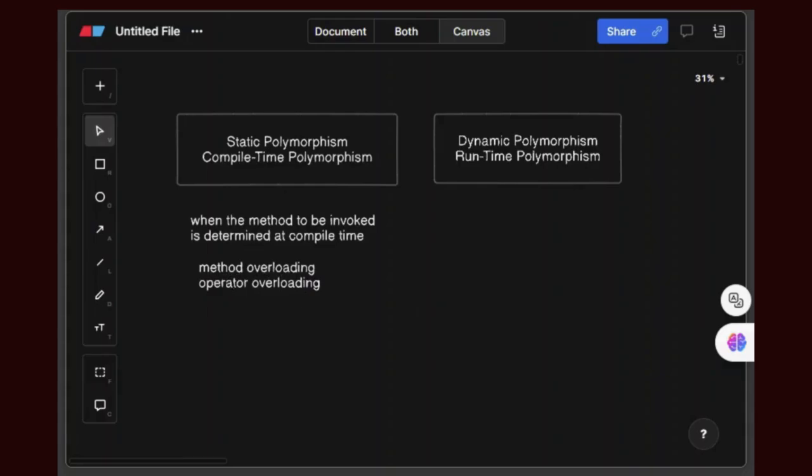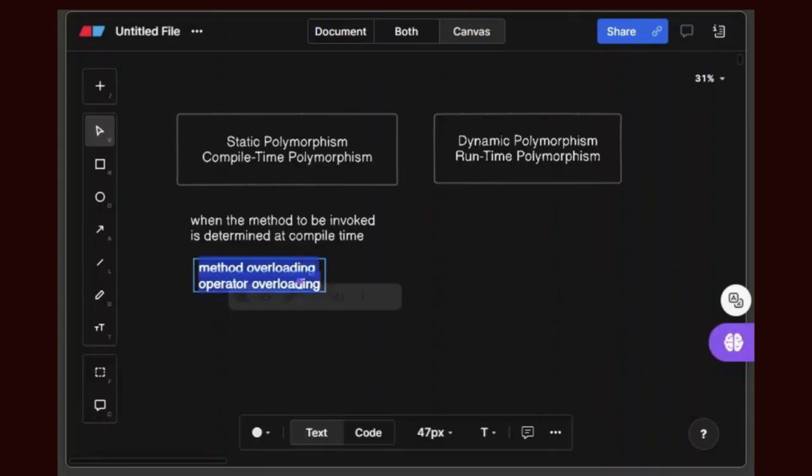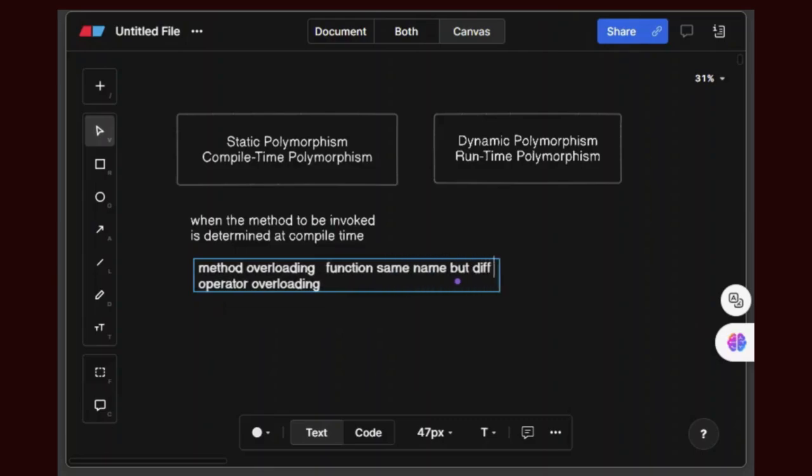Method overloading is when multiple methods in the same class have the same name but different parameters. They may differ by their number, type or order.